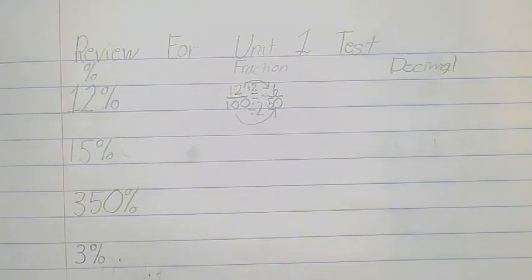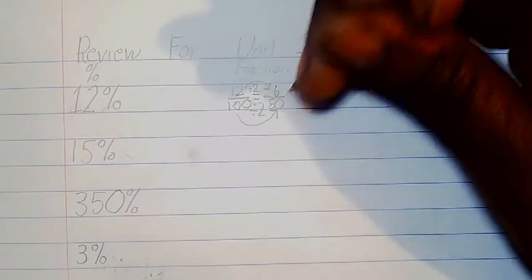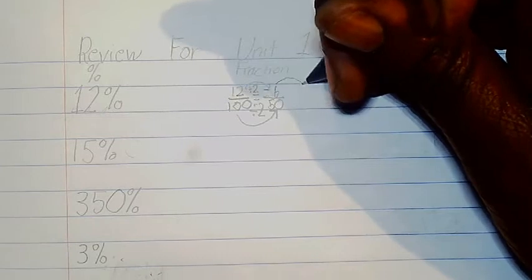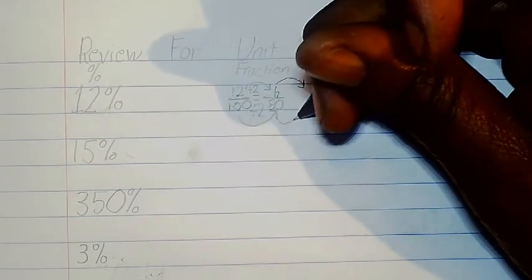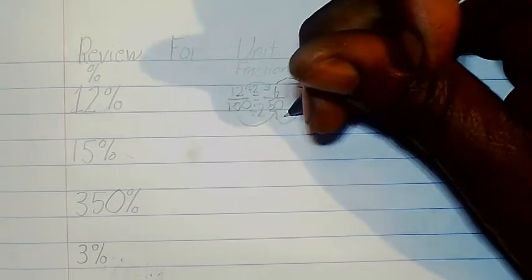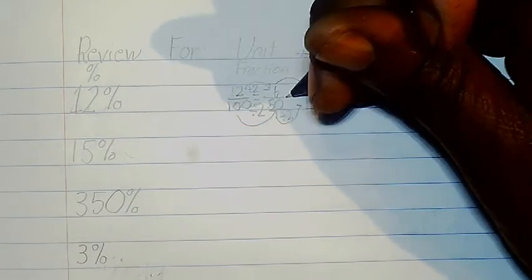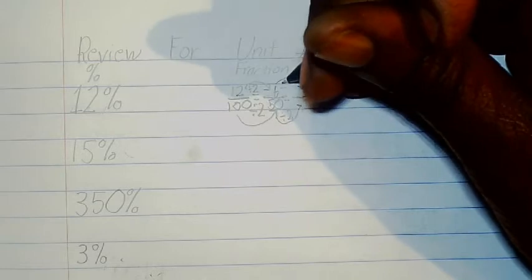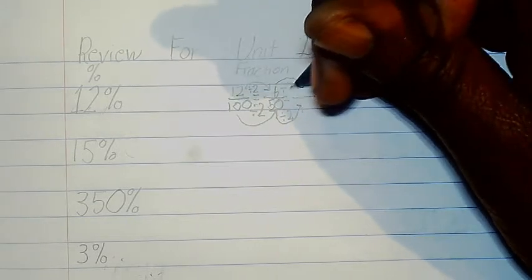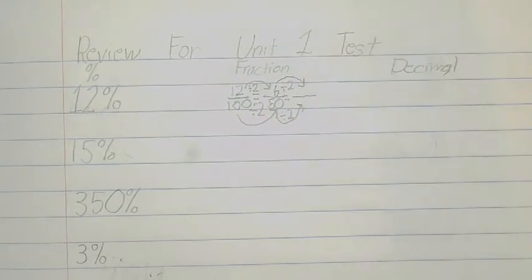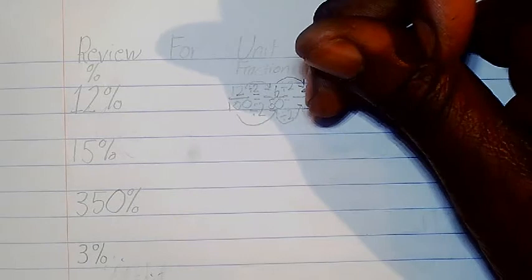I can also divide this again by 2, because we want to simplify that fraction. If I divide both the numerator and the denominator by 2, I'm going to have